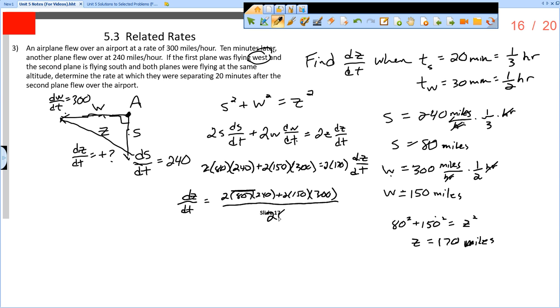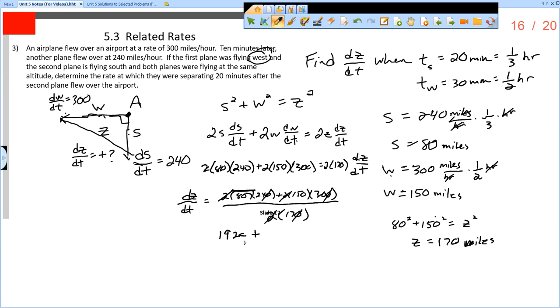Now we can make things a little easier. Everything has a 2, so we can reduce that. 170, 240, 300, we can divide everything by 10. And so this would get us 17, 30, and 24. And then it makes the calculation a little bit easier to do. So we've got 80 times 24, so 1920